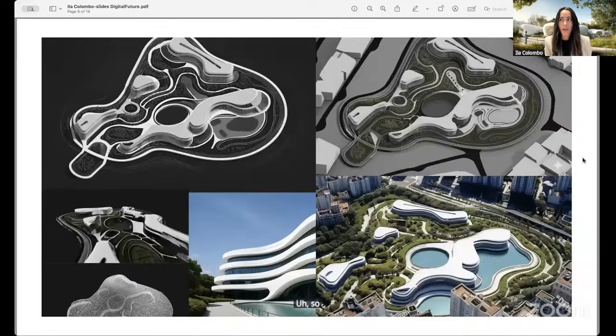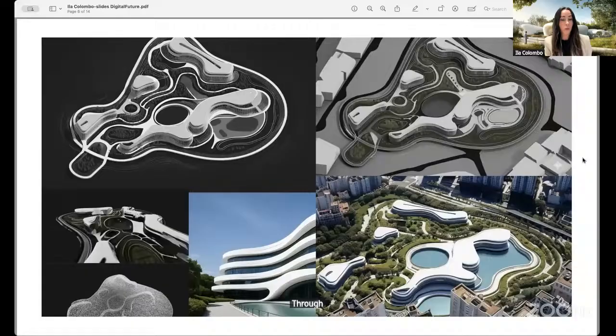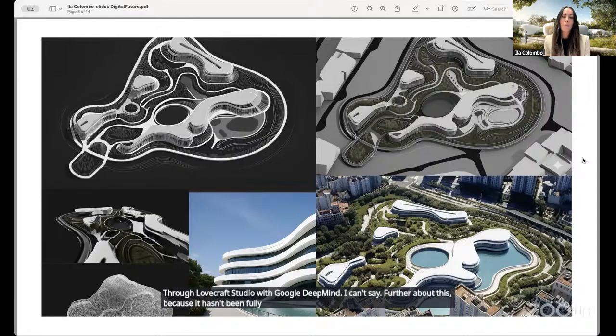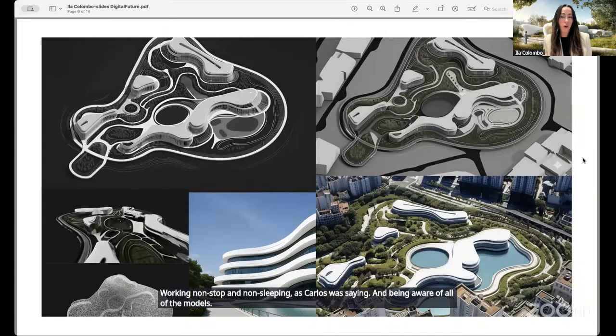So that particular awareness of AI models put me in a very interesting position on the latest project that we've done through Lovecraft Studio with Google DeepMind. I can't say more about this because it hasn't been fully released yet. But basically, since summer of 2022, working nonstop and non-sleeping, as Carlos was saying, and being aware of all of the models, I gathered pretty extensive knowledge of what you can do with models.